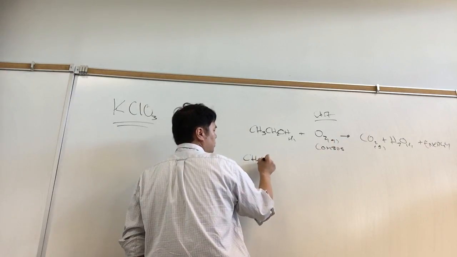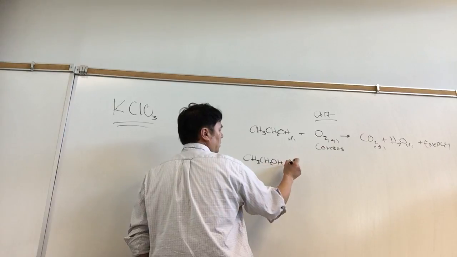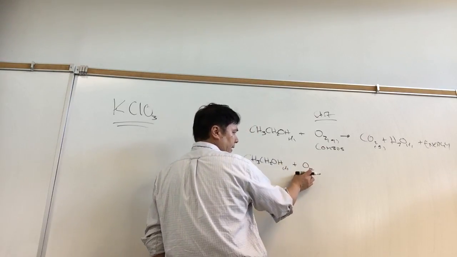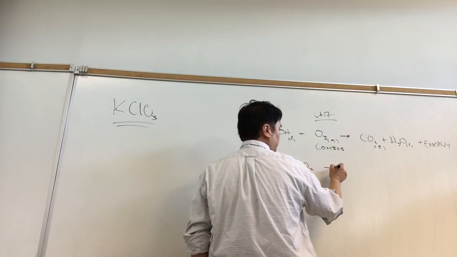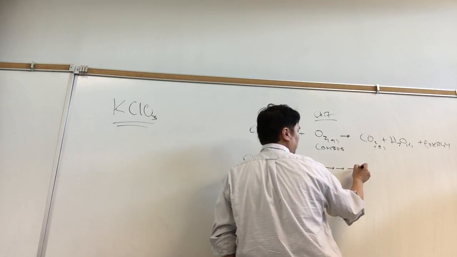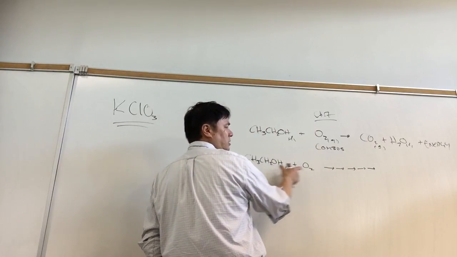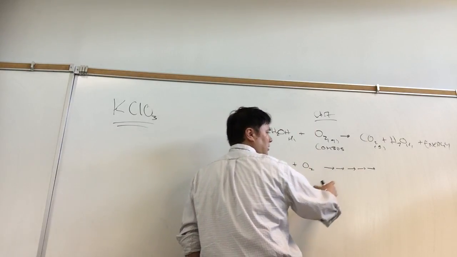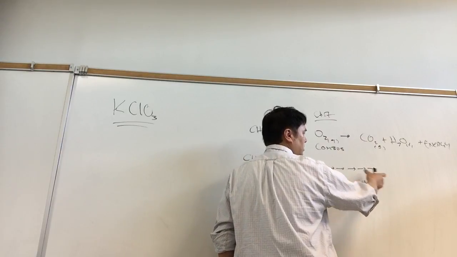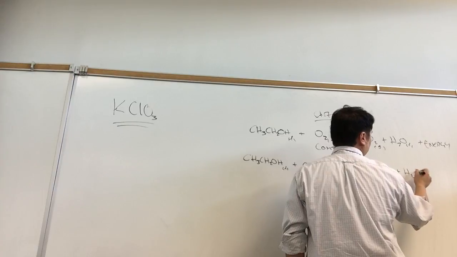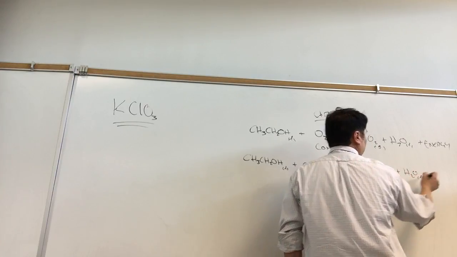In the body, if you consume ethanol, you inhale O2 and we have redox reactions, but there are going to be many steps here. The ethanol is oxidized to acetic acid, the acetic acid is oxidized to this, which is oxidized to this, which is oxidized to this, and eventually it ends up as CO2 and H2O liquid.